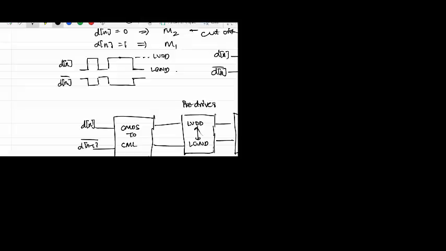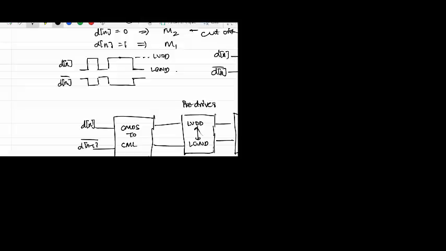Okay, and if you see that the CML output driver consumes some amount of current, depending on the swing, let's say this guy is consuming 10 milliamperes of current. 10 milliamperes means you have a peak to peak differential output swing of how much? So I naught into RT equals V out differential, right? So you are having a half a volt peak to peak differential output swing.